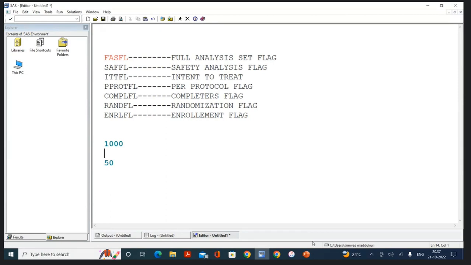Understand this one? Then how are we going to explain what is SAFFL? If a subject has taken at least one treatment dose, then we are going to consider the subject for the safety analysis flag. Understand this one? Now, what is the logic that you can tell according to SDTM? Since you are a SAS programmer, how do we know whether a subject has taken at least one dose or not? Where can we find that information? Any idea where we can find that information?